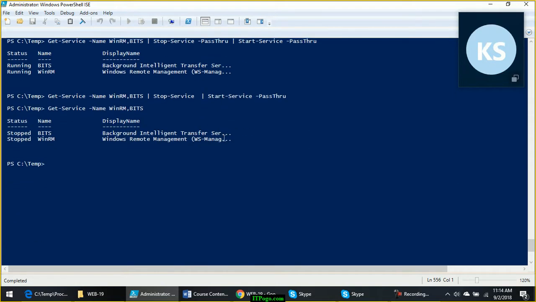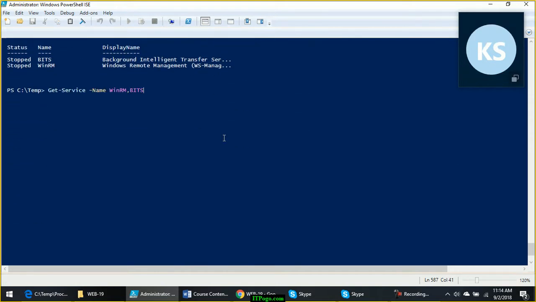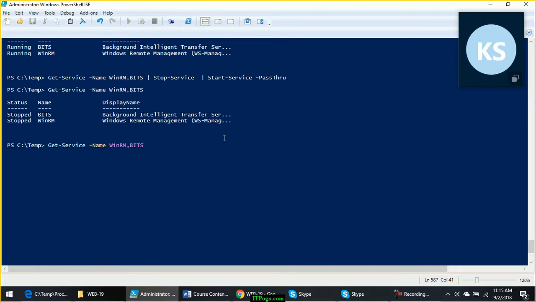So pipeline cannot handle it if the objects are not visible in the pipeline. Pipeline cannot forcefully extract those objects from the command. If the command is not willing to produce the object, it is trying to do that silently, what can the pipeline do? Did I answer your question? Yeah. Or you are still confused?